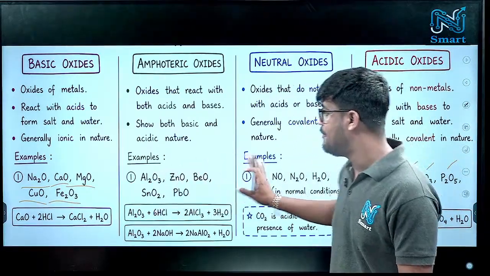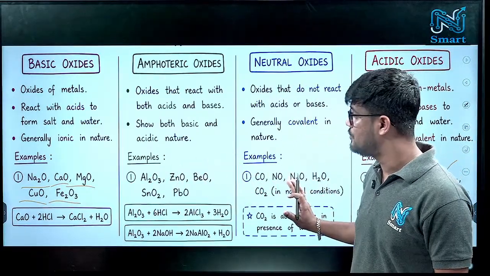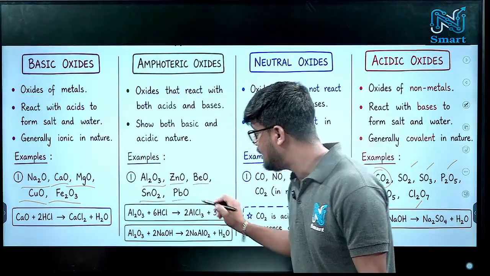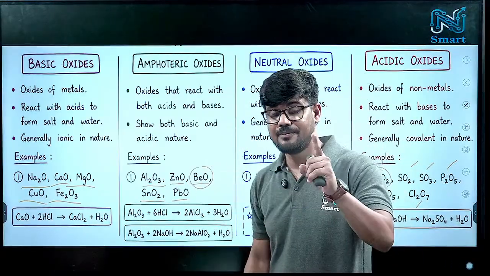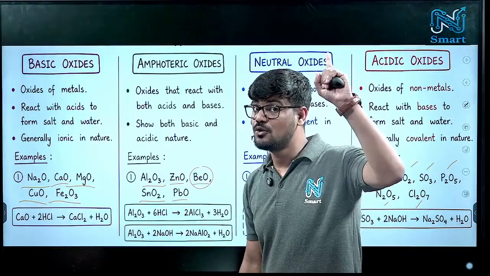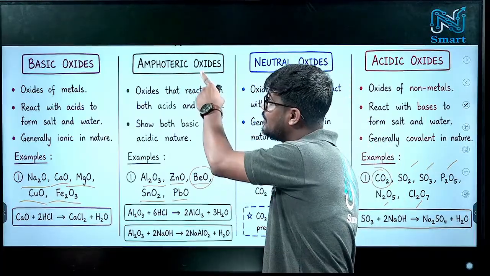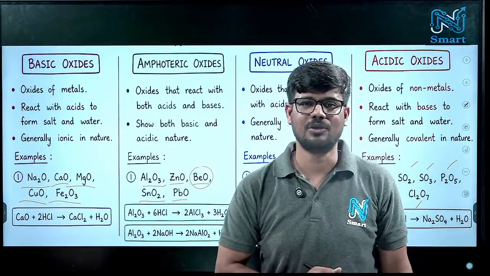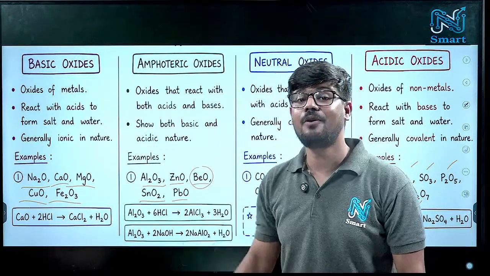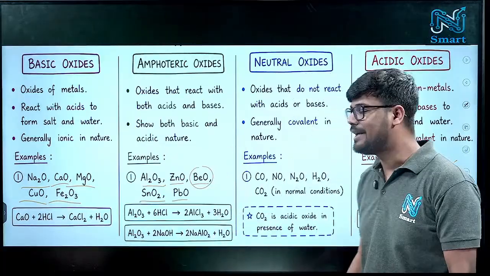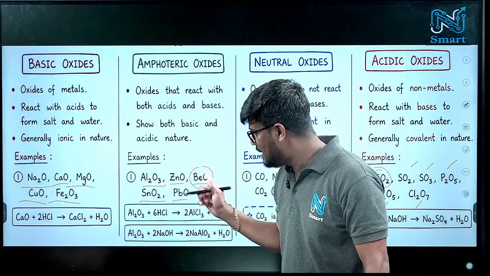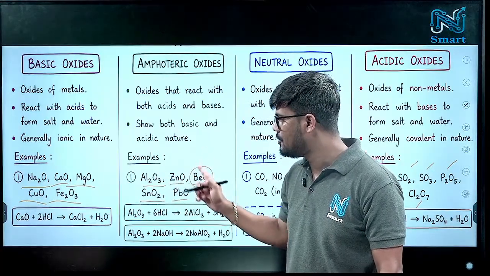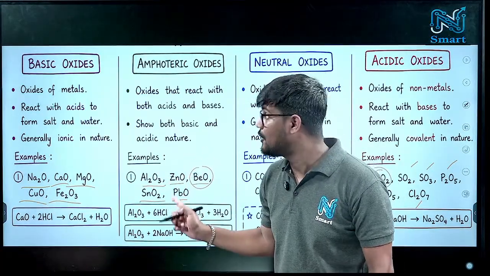Now these two are very important because you might be confused with this. Aluminium oxide, zinc oxide, beryllium oxide, tin oxide and lead oxide. Beryllium is in group 2, still it gives an amphoteric oxide. The reason is beryllium mostly forms covalent compounds. Although it is a metal, it forms covalent compounds, right? So that is the reason. So these 5 examples, aluminium oxide, zinc oxide, beryllium oxide, tin oxide, lead oxide, are all examples